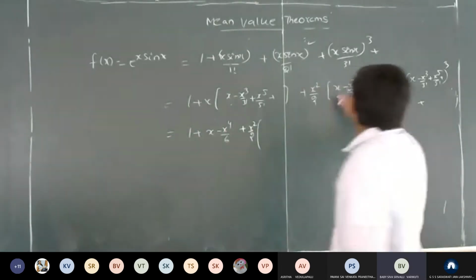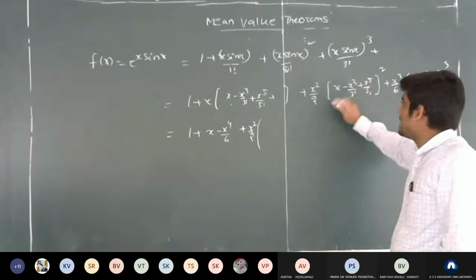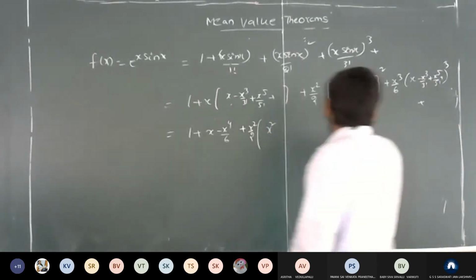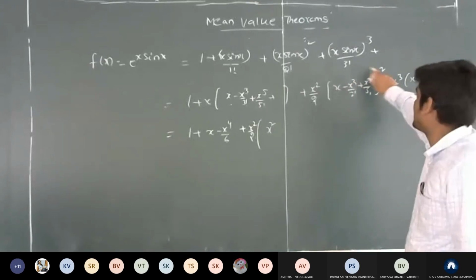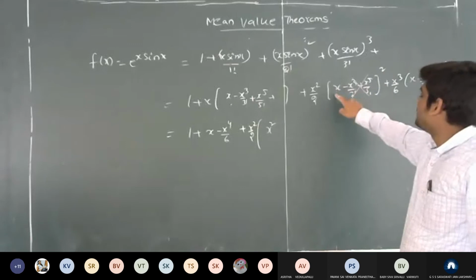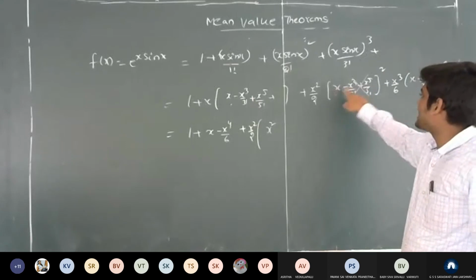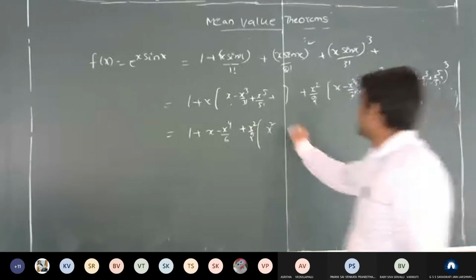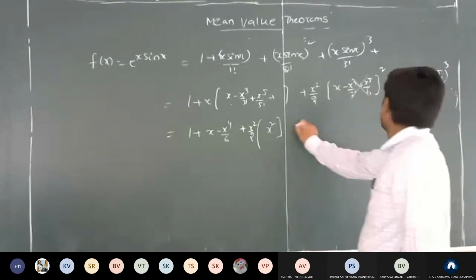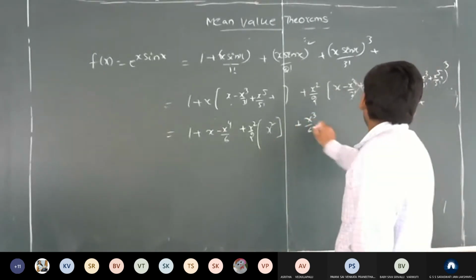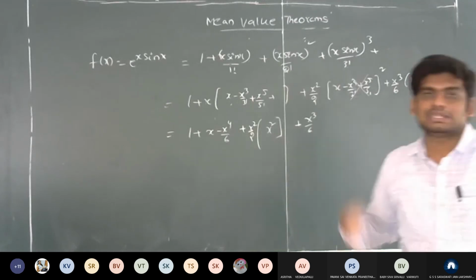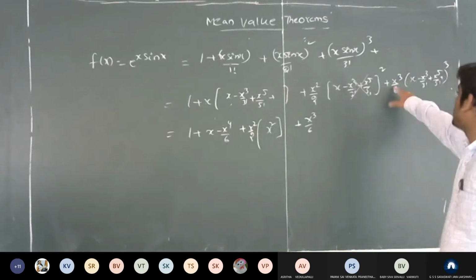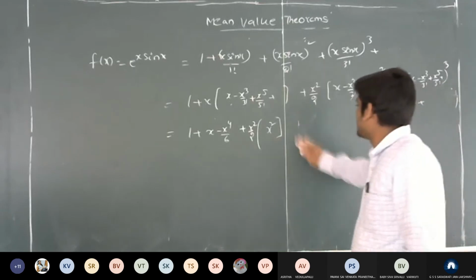Now 1 plus x square, like a plus b or a minus b whole square. The first term is a square, that is x square. If you take the other terms, it becomes x power 6, x power 10, so these are not needed. Next, in the form a minus b, 2ab, x into x power 4 is also not needed. Next, plus x cube by 3, x cube by 6. If you expand this one, the minimum power of x is 3, and x cube into x cube is x power 6, so it is also not needed.